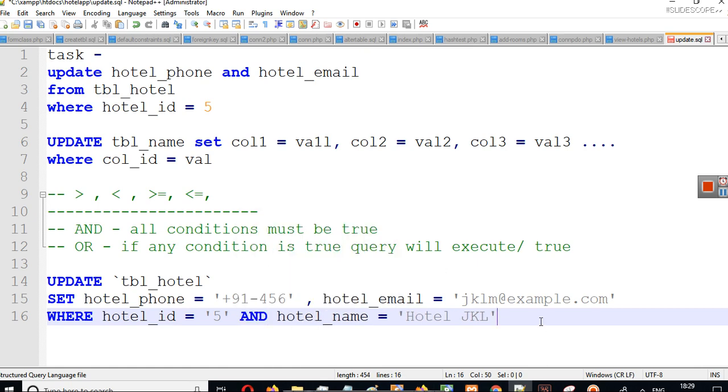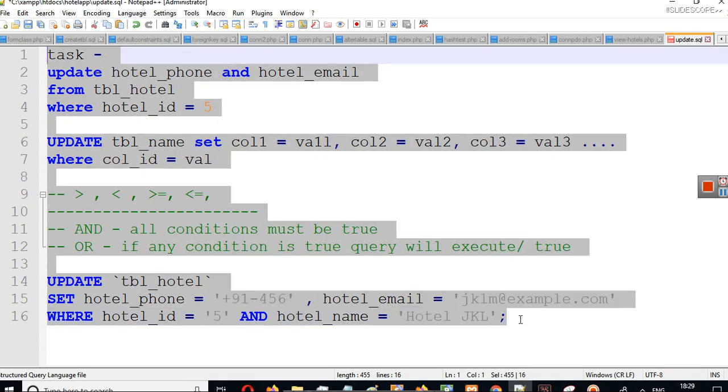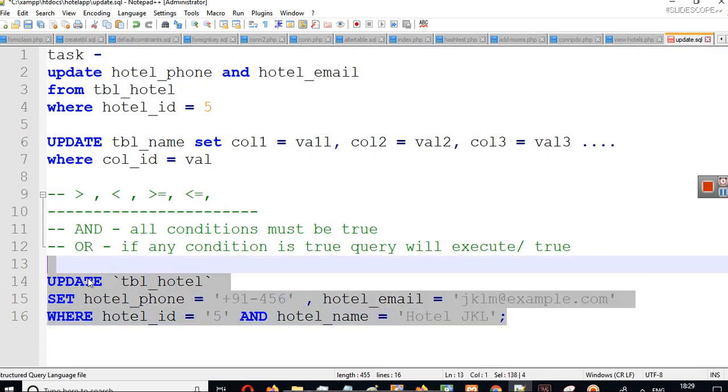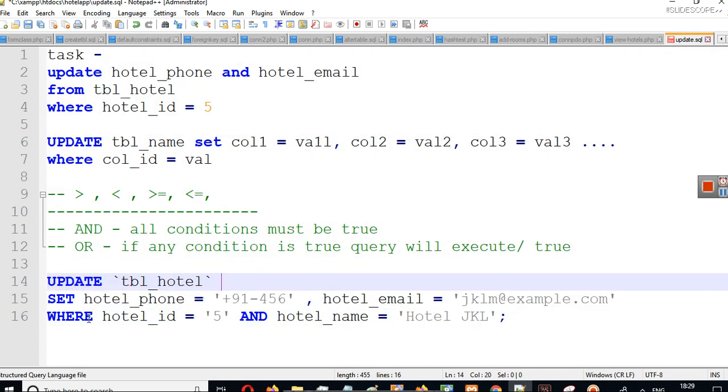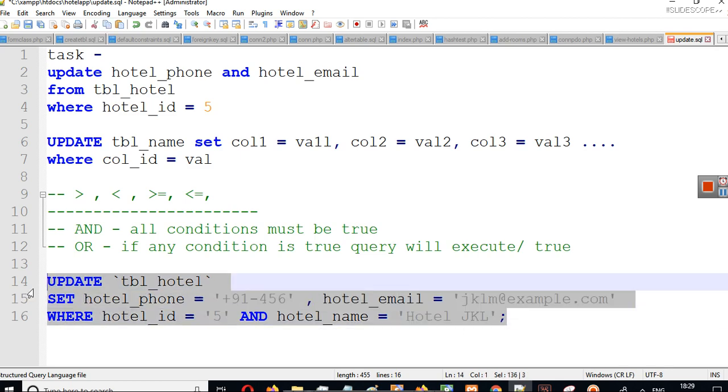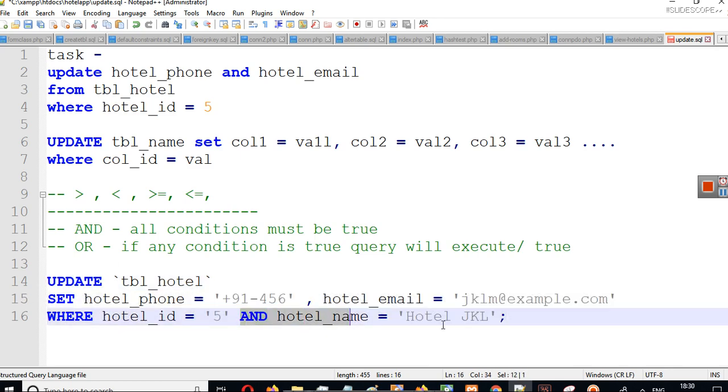So now let's test this query for this condition. We want to update table hotel, set column is equal to this, column 2 is equal to this, where hotel ID is 5 and hotel name is equal to JKL. But in actual queries, we will write only this much. I just want to show you the use of and or operators here.